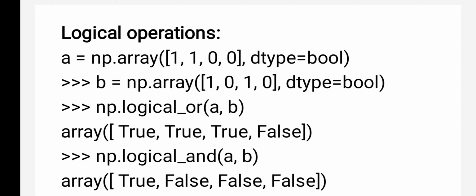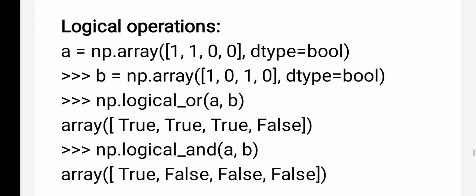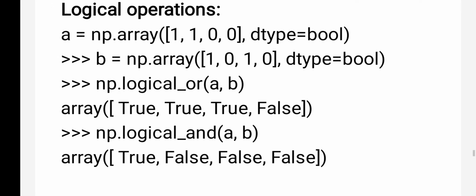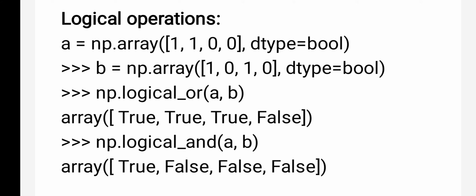The first one is true, true, true. The second one is true, false, true. At least one should be true, no? The third one is true in the first array and false in the second array. You will get a true only. You see the last element in the first array and the last element in the second array. It is false, false. You will get a false result only. Now, when you are discussing logical operators, you should compare elements of the same position: first, second, third, fourth. In the first position of the first array what do you have? True. In the second array in the first position what do you have? True. Both are true, so that is why you get a true.